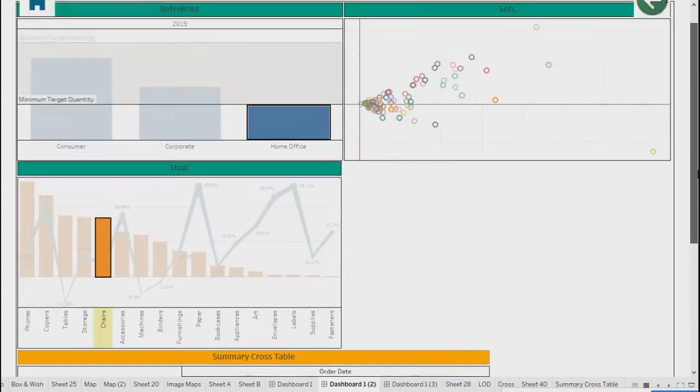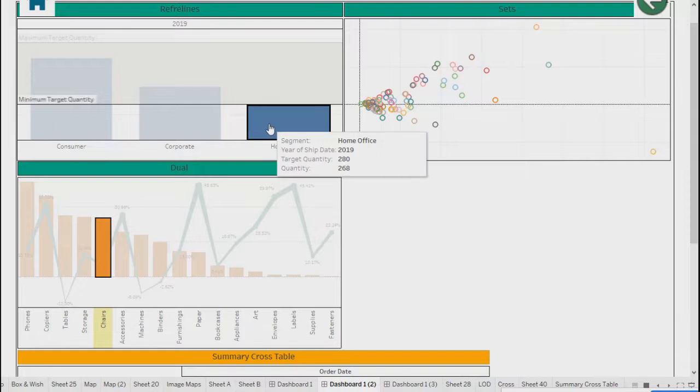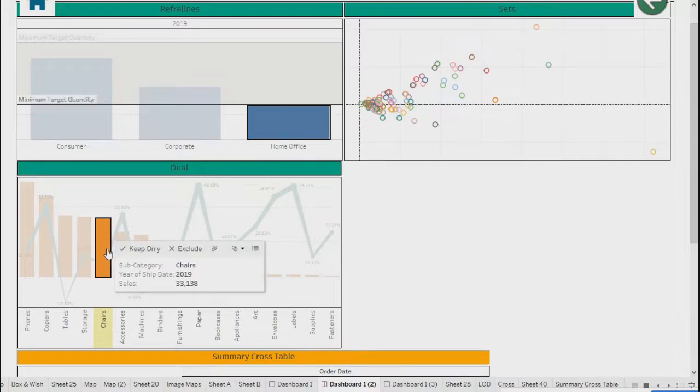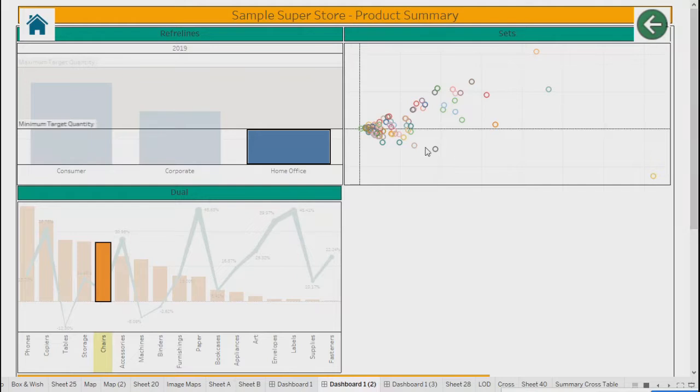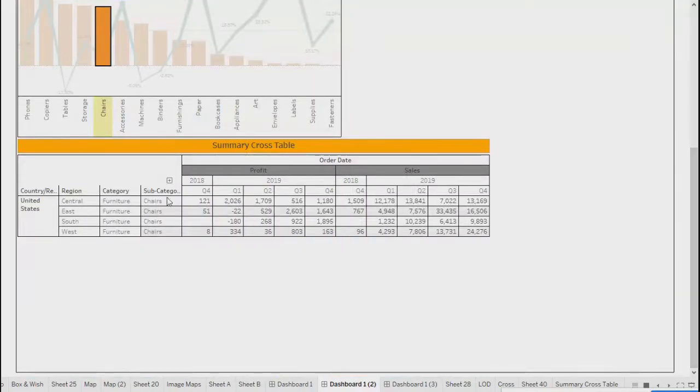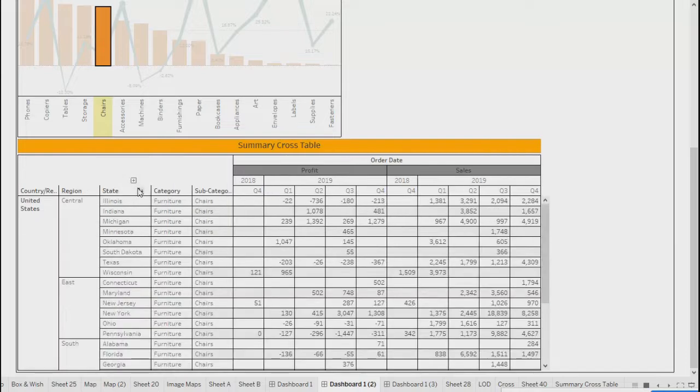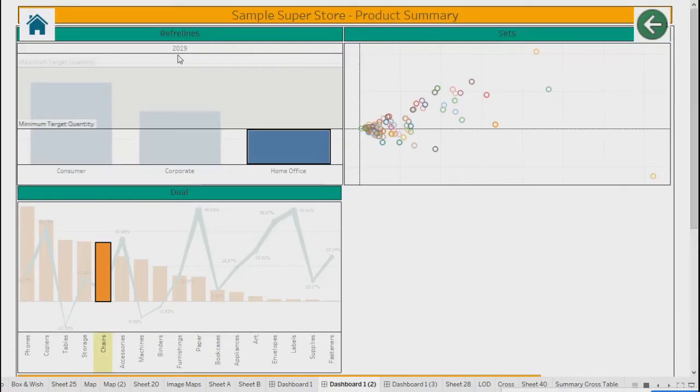So right now, two filters are already applied. One is home office, one is chairs, right? So under home office, we have chairs already filtered. Now, if you look at our scatter plot, or if you look at our cross table, it is filtered only for chairs under furniture, and you can see the different regions and states where this is being sold, and this is the profit amount we have been earning throughout 2018 and 2019, and the same goes with sales figures. Right now, over here we selected only 2019,